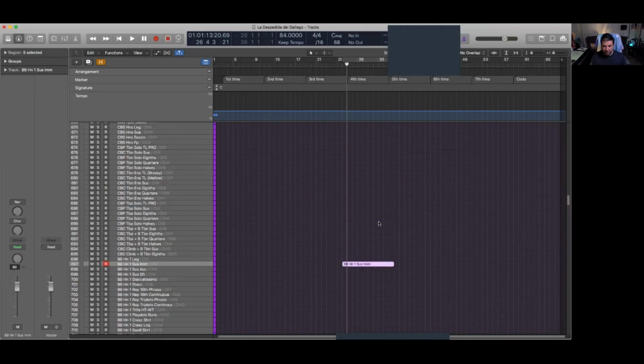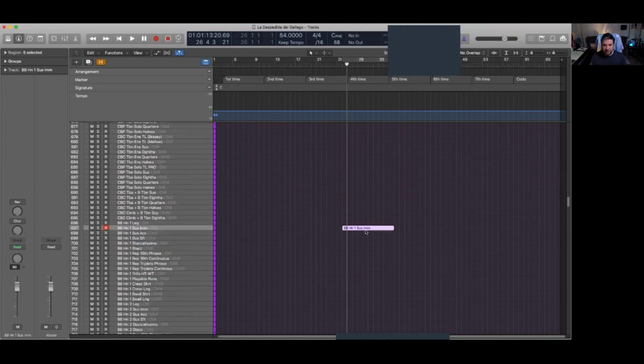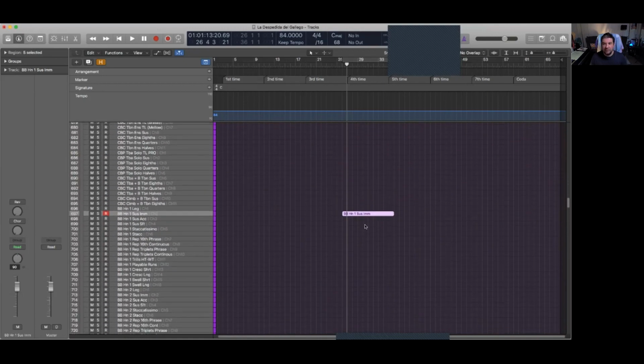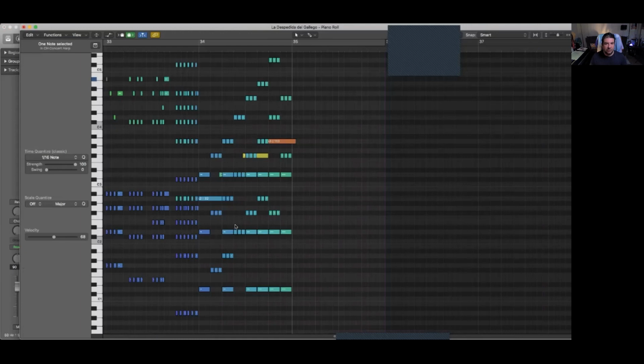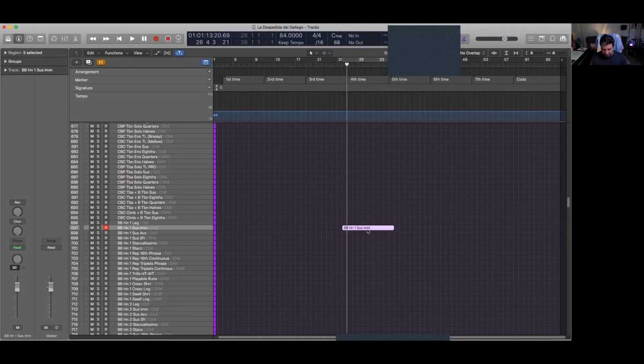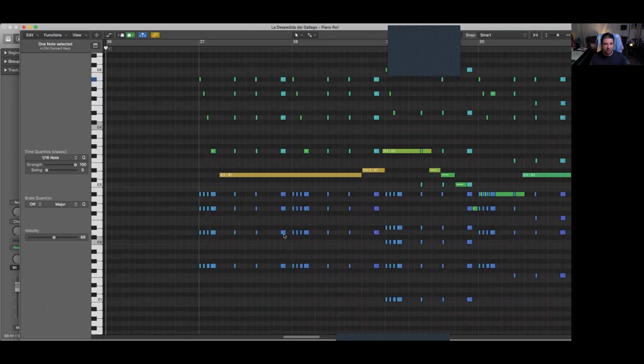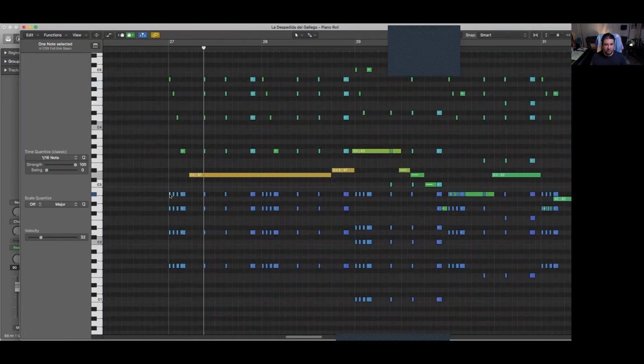But I would add another horn just to balance it out. Well, we'll see. It could be too heavy, but those are decisions you have to make when you start orchestrating. So why don't we hear, getting into the fourth time, a little bit from the bar before.